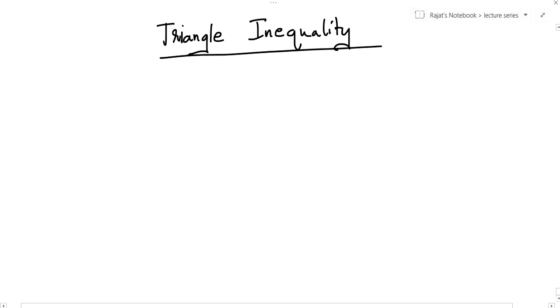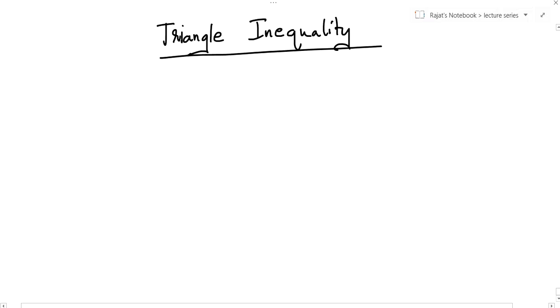You can draw the triangle on Cartesian plane, you can draw the triangle on argand plane, you can draw the triangle in the form of vectors. So this triangle inequality you will find in coordinate system also, you will find in vectors also, and you will find in complex numbers also. Okay, so it has to do with the property of triangle and not complex number itself. Okay, so this is a general property.